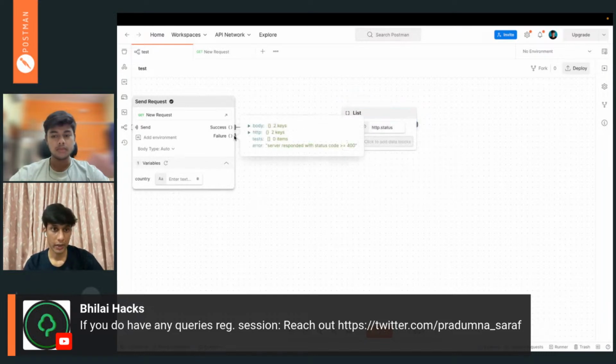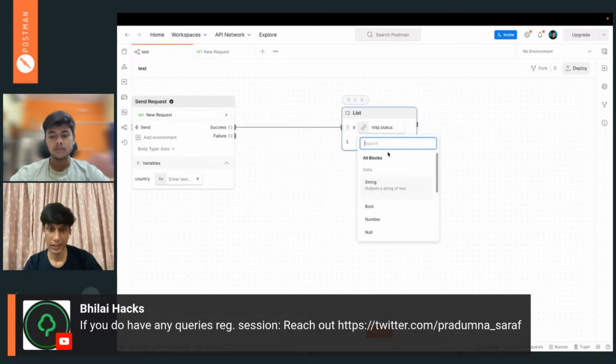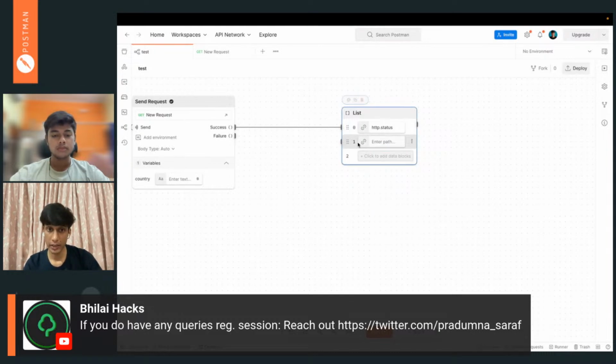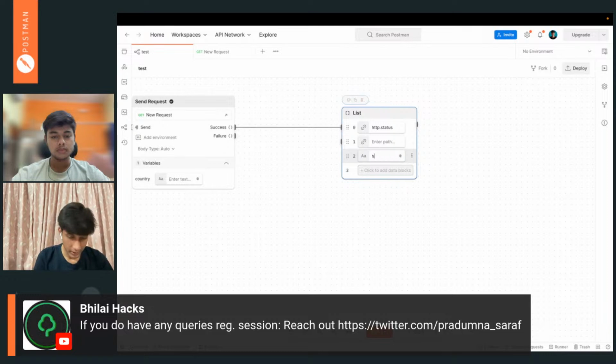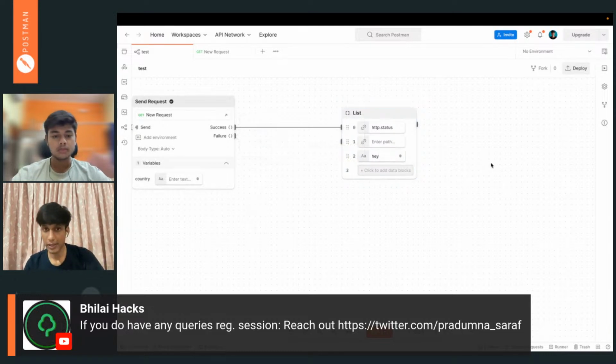And from the failure, first we need to set up the block, what kind of thing we are storing in that index, because it starts from 0, 1, 2, 3. So in the first index we are storing some data, so we have to explicitly tell what things we are adding. You can also add a string, like "hey", and this data will be added to the list. But we are using dynamic data, that's why we are using the select.